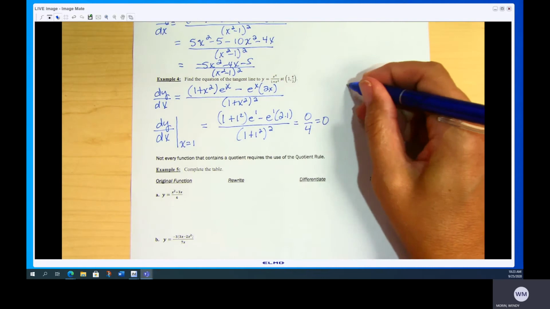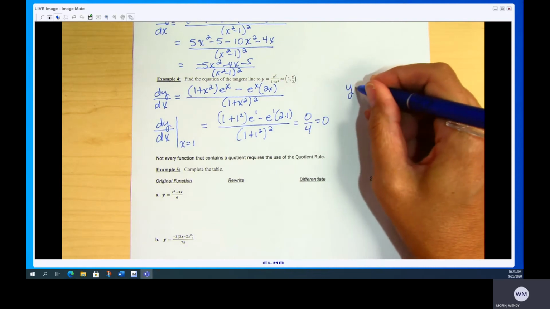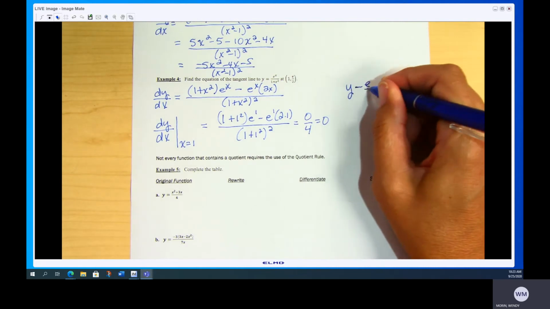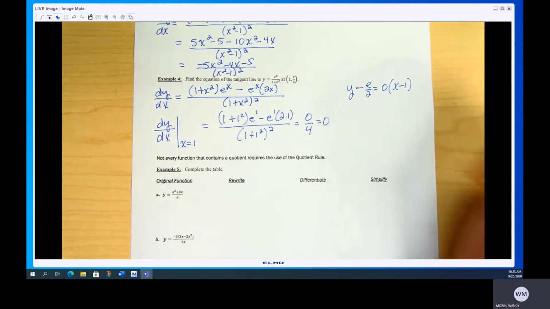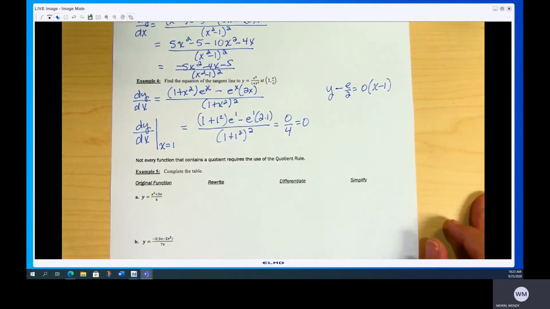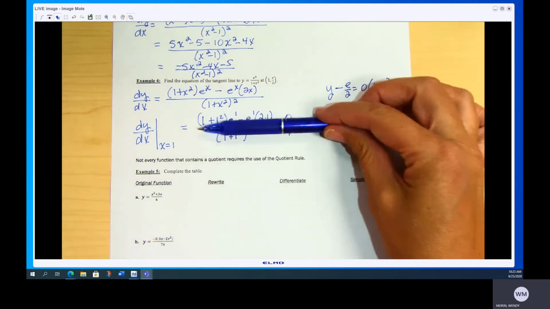slope. So normally we would say, okay, let's use point slope. Y minus our y value equals our slope times x minus our x value. Now, if that was a free response question, that would be an acceptable answer. But you don't have to do that, and that's not going to be the multiple choice answer. If you have a horizontal tangent line